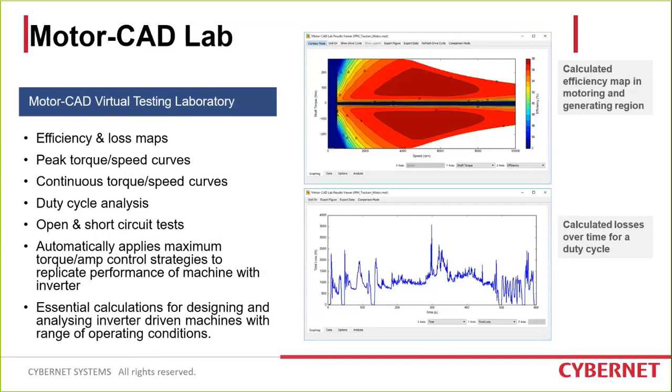And third, ModelCAD has the LED module, and it can do the efficiency and loss maps, and you can do the peak torque speed curves and continuous torque speed curves and duty cycle analysis and open and short circuit tests and so on. And for this module, you can define the duty cycle like the plot below, and this kind of module we usually use to analyze